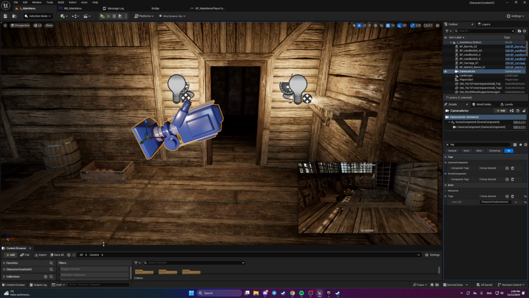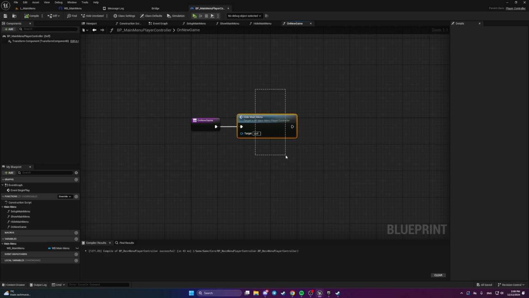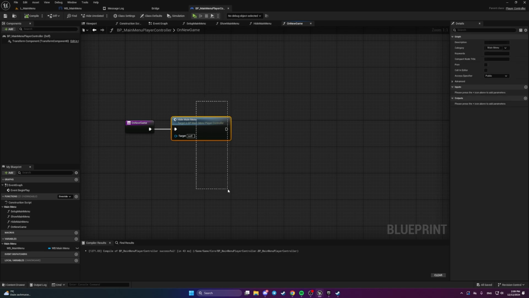Save level like this. Now let's open our player controller back, and let's open on new game. So on new game, what we're gonna do, we are calling hide main menu,